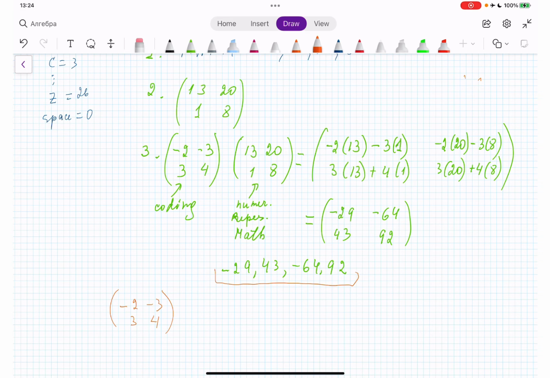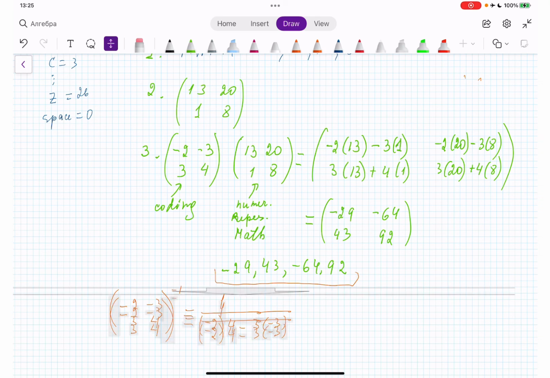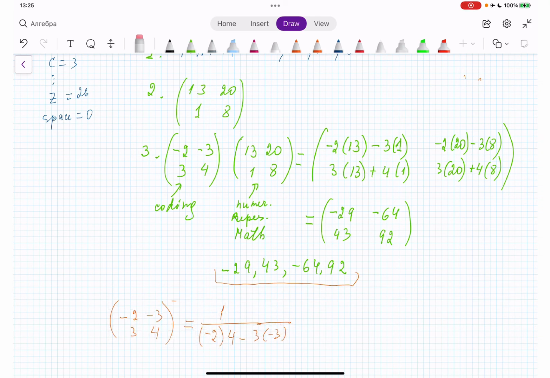Whoever doesn't know, you can look into the video how to find the inverse, but here without explanation I'll just do it real quick, to refresh your memory. So it's 1 over -2 times 4 minus 3 times -3, okay. And we are switching numbers by diagonal, 4 and -2,